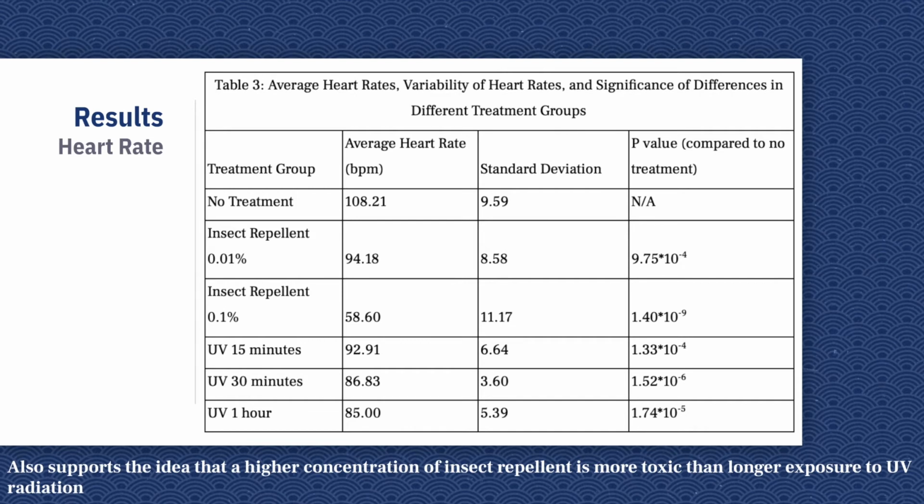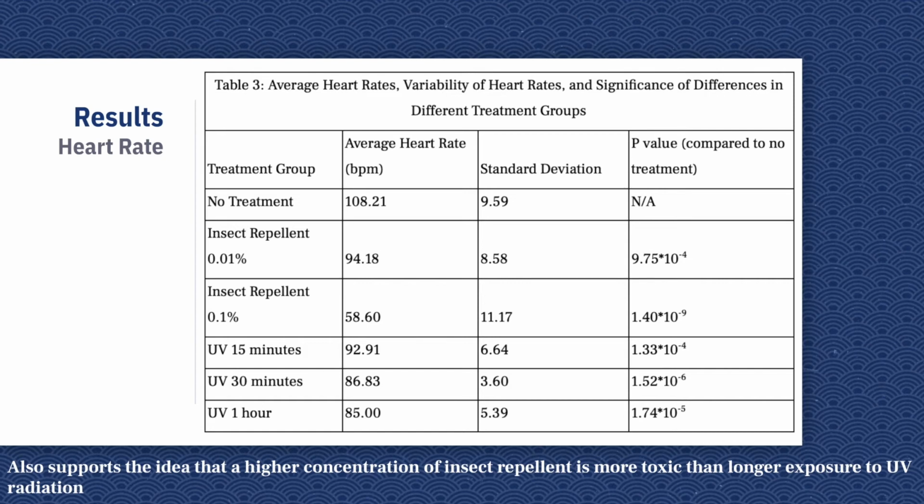No data for heart rate of 1% concentration treatment could be collected, but both 0.01% and 0.1% insect repellent demonstrated significant data against the control of no treatment. Heart rates of embryos exposed to different exposure times of radiation also all demonstrated significance against the negative control. The treatment group with the lowest p-value and the lowest average heart rate is insect repellent at a concentration of